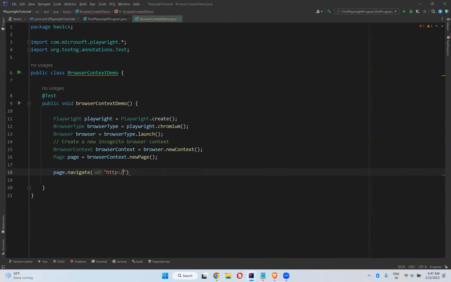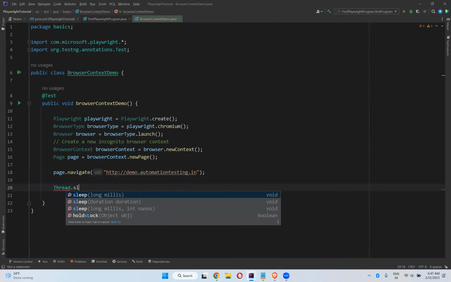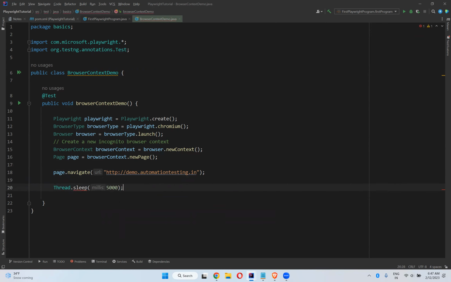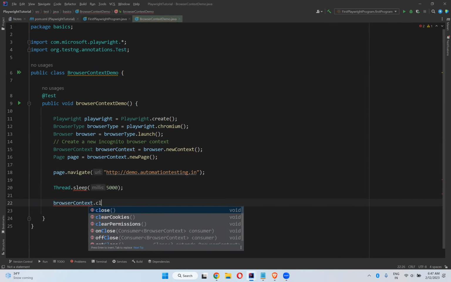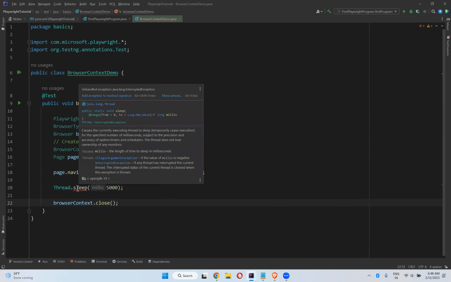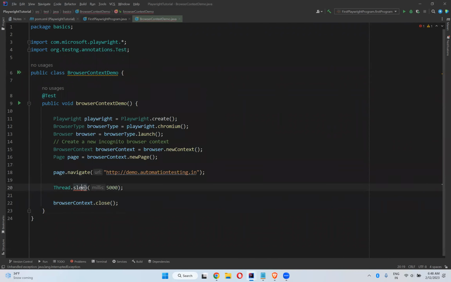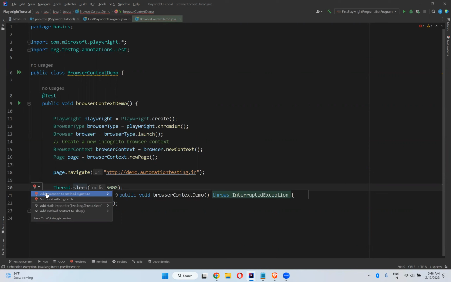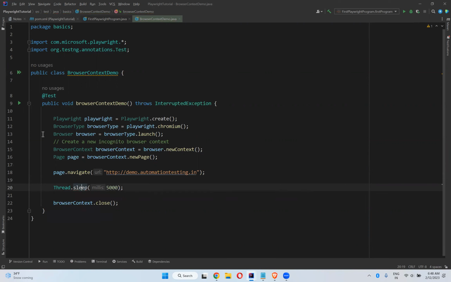We navigate to http://demo.automationtesting.in. And then you can simply close your browser. I'll use thread sleep for 5 seconds to see the execution. And you can say page.close. If you say context.close, then it will close all the open pages with the help of this browser context. Okay, so now I'll add an exception. Now if you try to execute this,